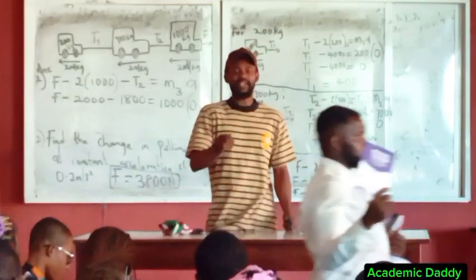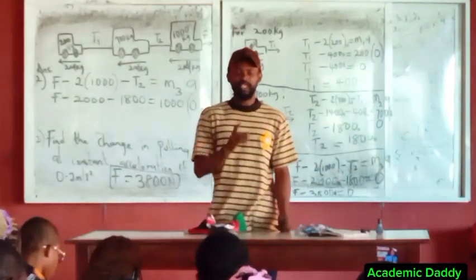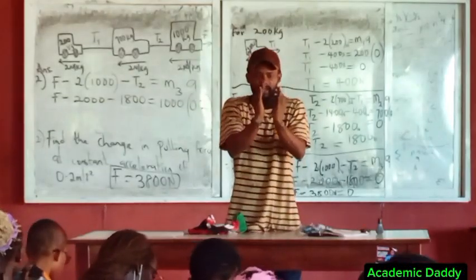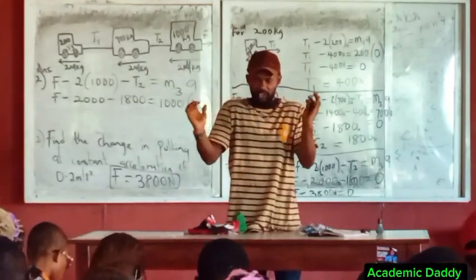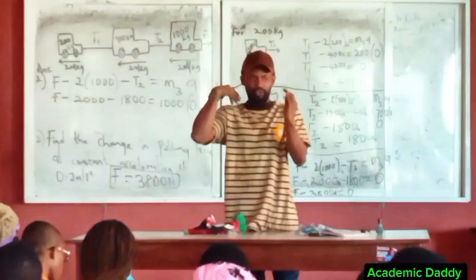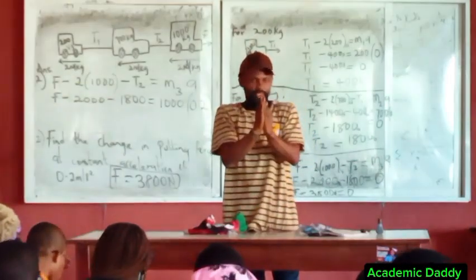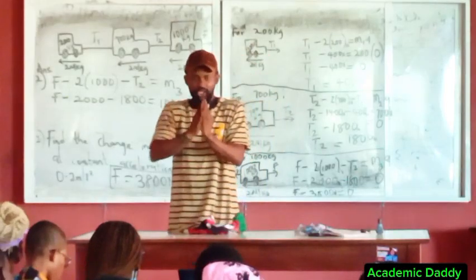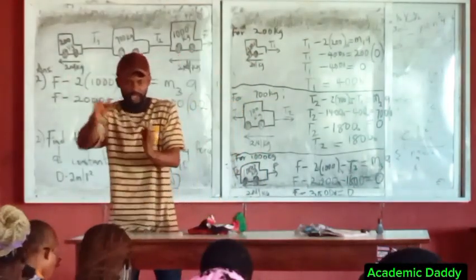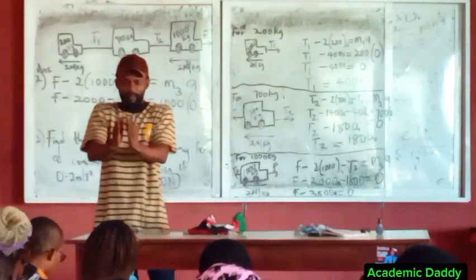But if we take another example, you'll still understand it. We said that the approach is simple. Get every mass. Stop looking at the force now. Look at the mass. What is going forward? What is going backward for that particular mass? Then if you go to the second mass, what is going forward? What is going backward for that particular mass? If you do it this way, you see that by the time you get to the